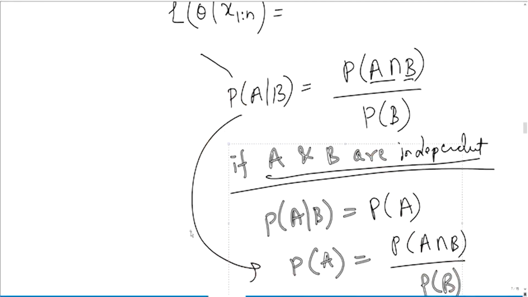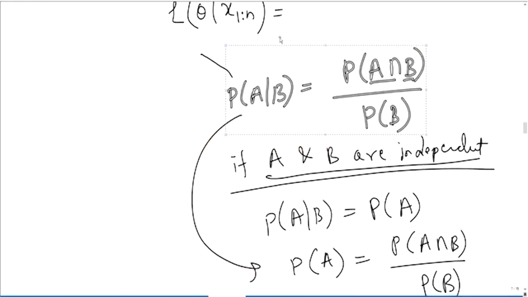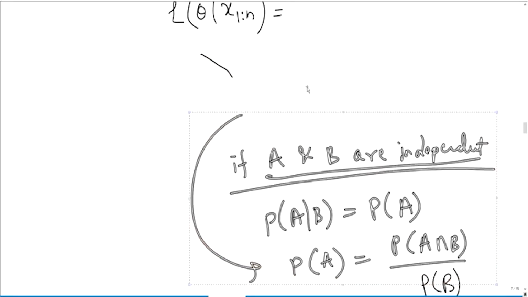Right. So we are calculating the joint likelihood of any parameter value given data points from x1 to xn. Okay. And it would be the likelihood of joint occurrence of x1 to xn given any particular value of the parameter theta. So that would be assuming, and this is a reasonable assumption to make here, that all these experiments x1, x2, x3, all these experiments are independent of each other. Okay. So if these